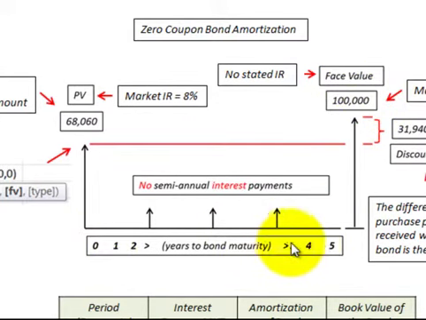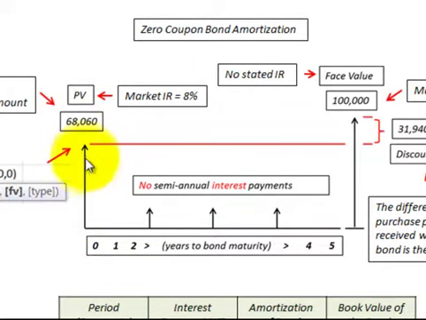This is a 5-year bond, so 5 years in the future the bondholder would receive $100,000 if they held it to its maturity date. There's no stated rate of interest on the bond, and there are no semi-annual interest payments on that bond. What we do is we discount this face value or maturity value back using the market rate of interest to determine its present value, or its discounted purchase price, at the beginning of